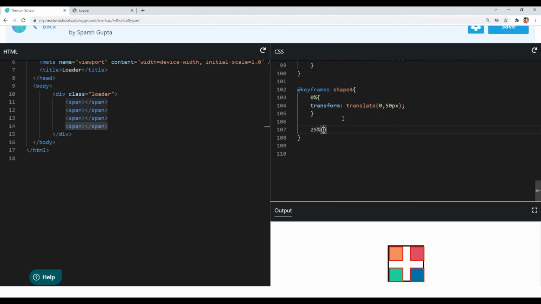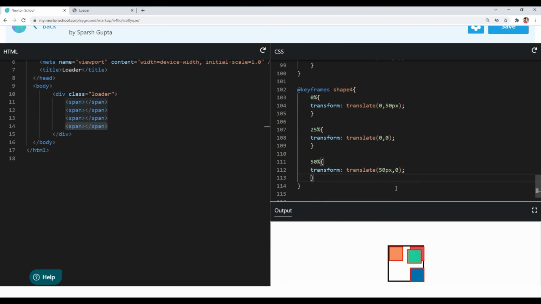Now at 25% we want to position it here. Okay, that is 0 pixel from x and 0 pixel from y. At 50% I want to position it here, that is 50 pixel from x and 0 pixel from y.